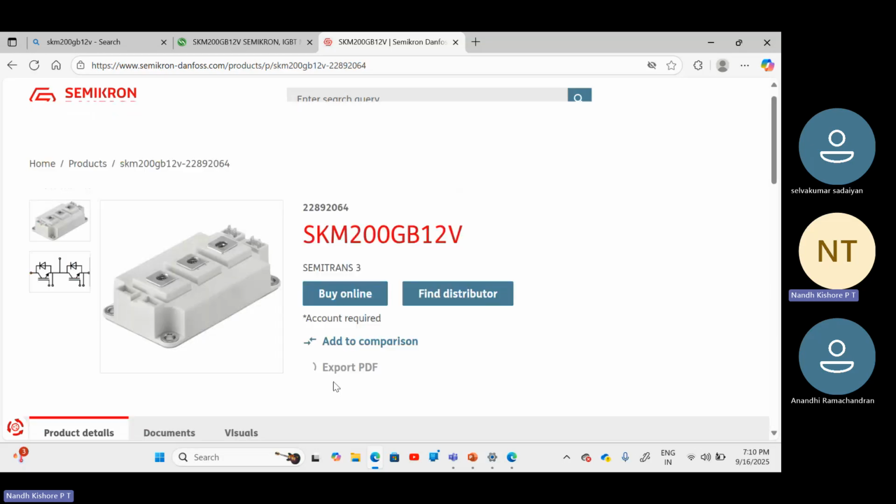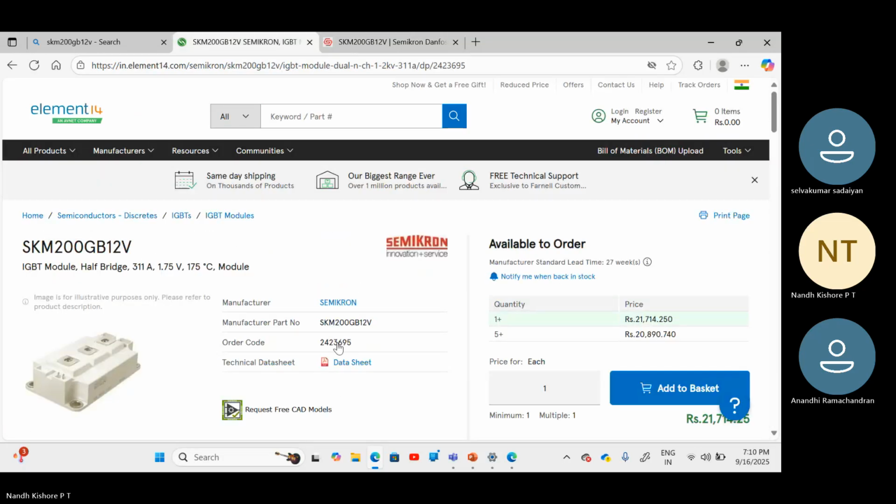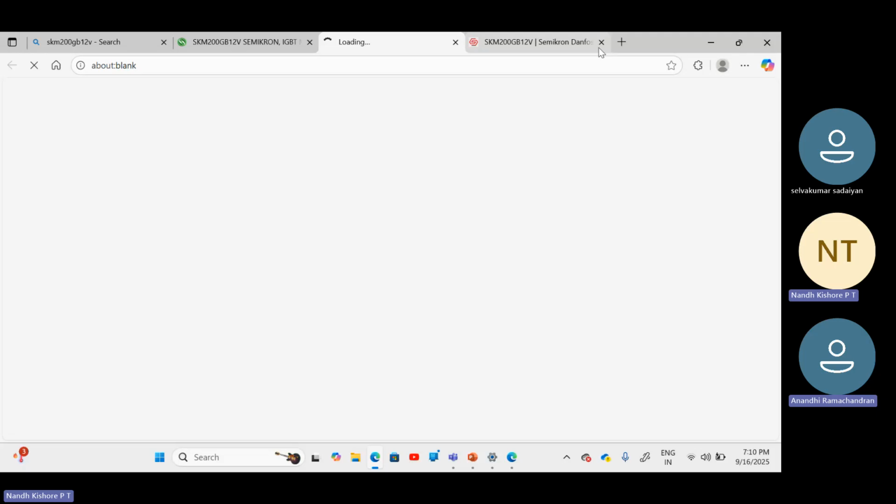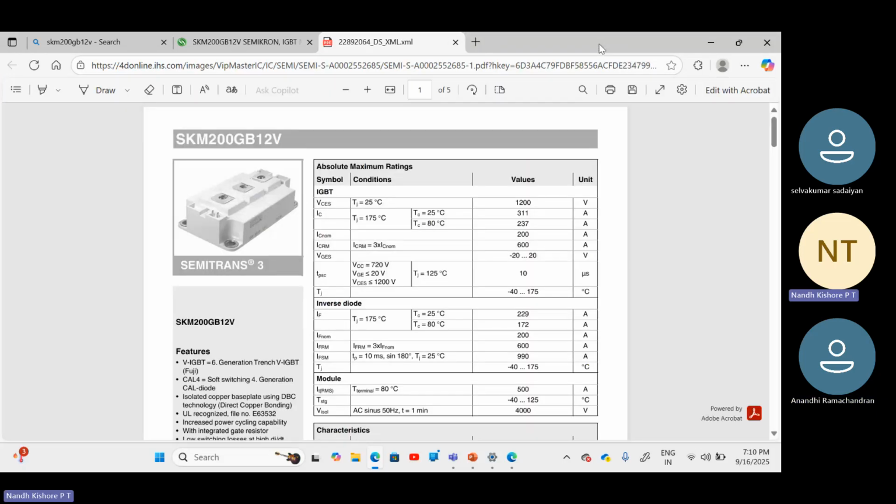They have not given the RT. So if you go into the data sheet, I hope you can see over here, they have mentioned that